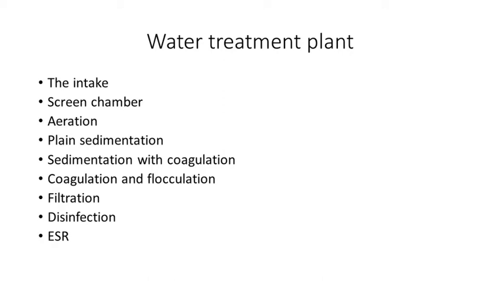Coming to the next, plain sedimentation. Plain sedimentation is simply a tank where water is allowed to settle. We reduce the velocity of the water and keep it for a settlement period called the detention period, which is the period required for the settlement of particles or sediment. It may be 4 hours, 6 hours, or 8 hours. During that detention period, the sediment settles down at the bottom of the tank. That is plain sedimentation.